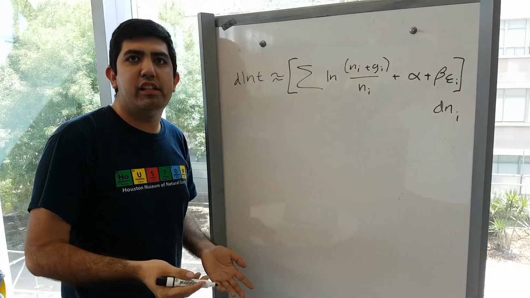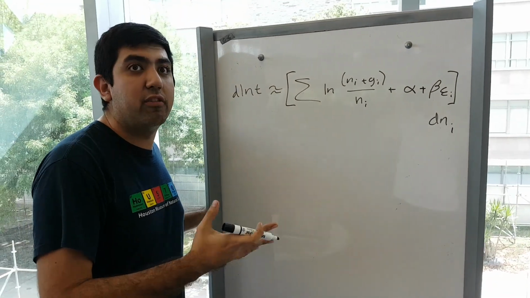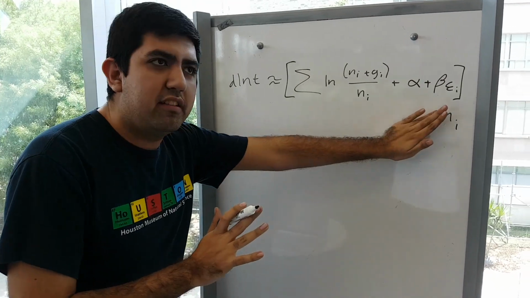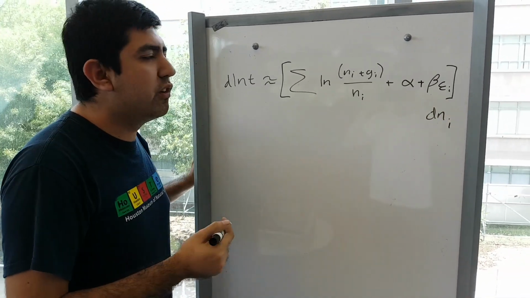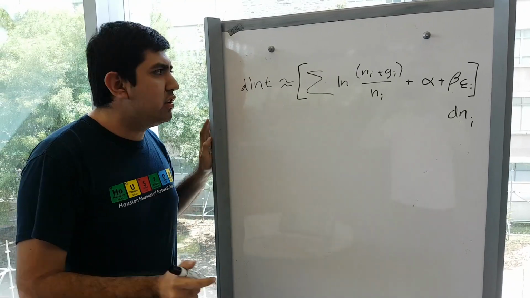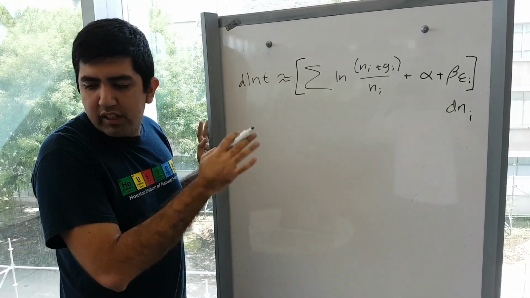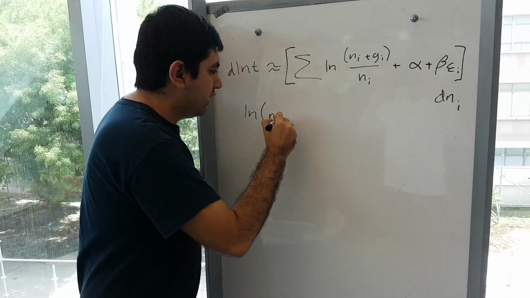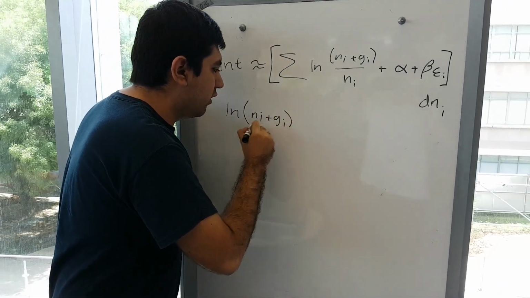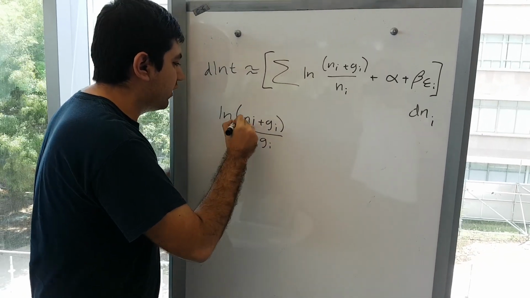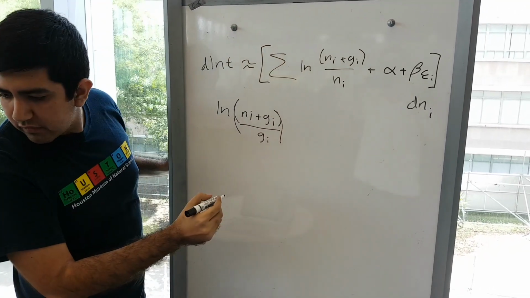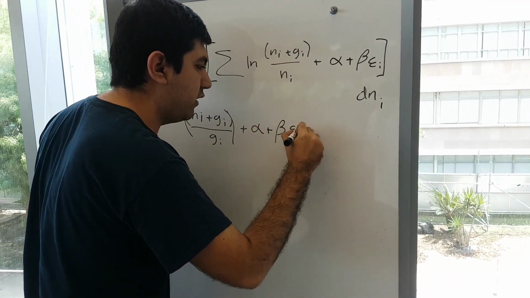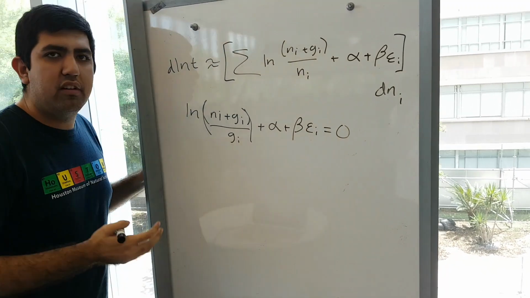Those are called Lagrange multipliers. These are just used in order for us to figure out the future values. Later on, you will understand what values this takes. But so far, let's move on with the rest of the formula. If I manage to equate everything in the formula to be equal to 0, for this case, it would be the natural log of Ni plus Gi over Ei, it's a pretty long one, plus whatever is the value of alpha plus beta with every single energy level, must be equal to 0.